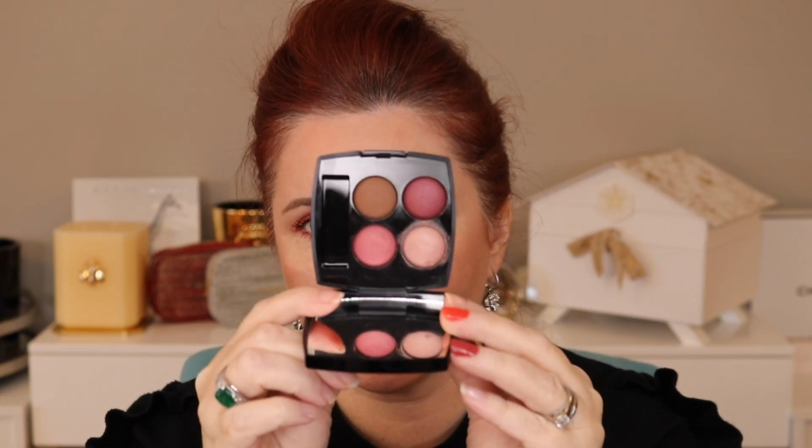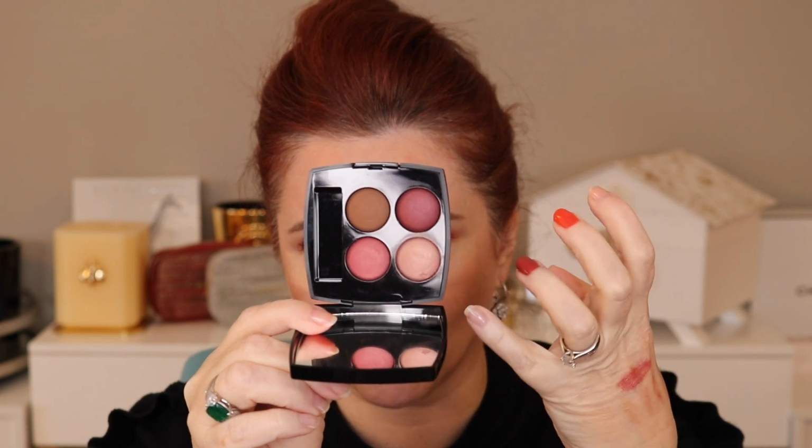And then last but not least, Provocation, and this one is the pinkiest reddish eyeshadow palette that I have, and even this one is actually not red. It's really more like purpley red. Like, it's not even red. So this shade in the